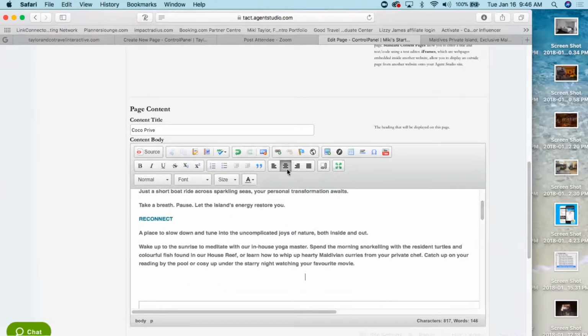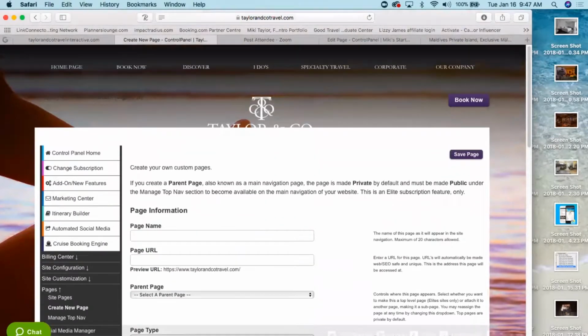Now, in the middle down here, maybe this is where you want to put resort inquiry. Now we want to link this. Let's make it a little bigger. Now we want to link that out to wherever you have a trip inquiry, resort inquiry, maybe you just have a contact us page, whatever form you want to link to this, go out, and I'm going to pop onto my page and just grab my form,